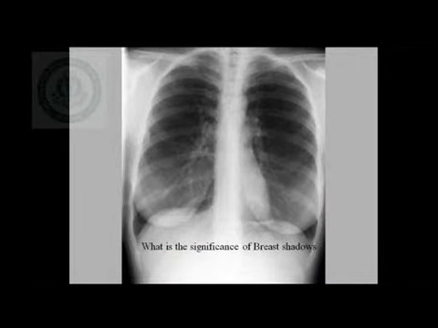Now what is the significance of the overlying breast shadow over the lung fields? The breast tissues can mimic subtle abnormalities in the lungs. Certain pathologies in the breast can be superimposed over the lung field. For example, a fibroadenoma in the breast can mimic a lung nodule. So clinical examination or a lateral view is more helpful in identifying whether such abnormalities are coming from the breast or from the lung field.